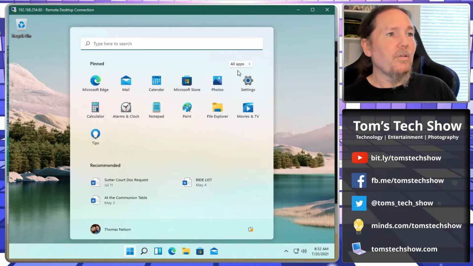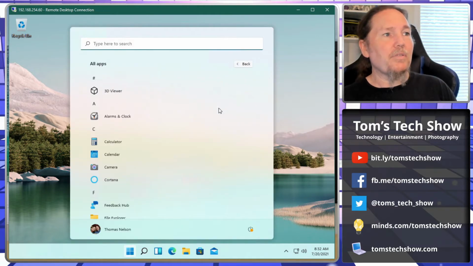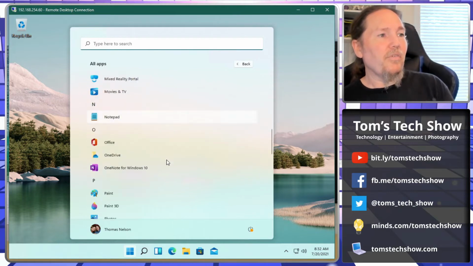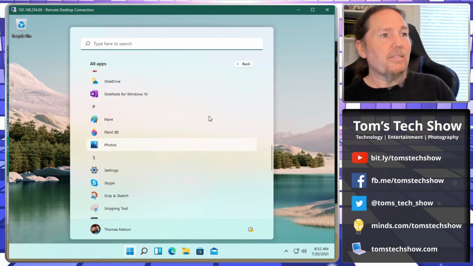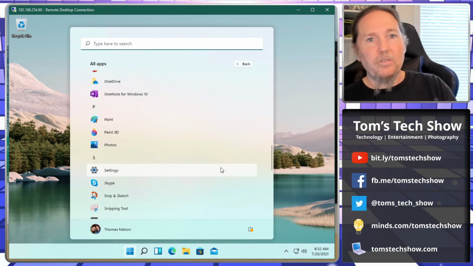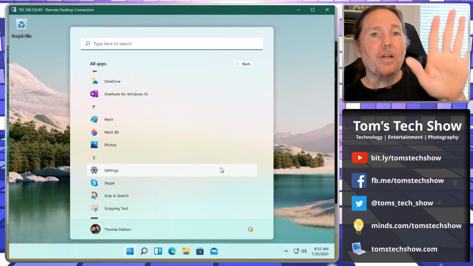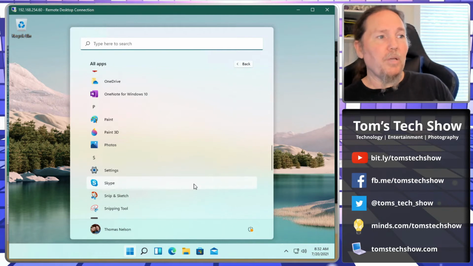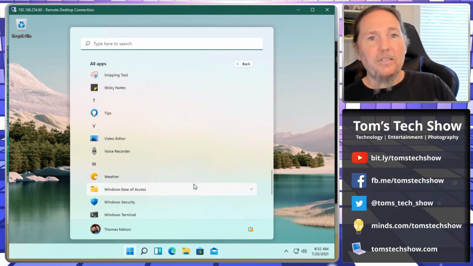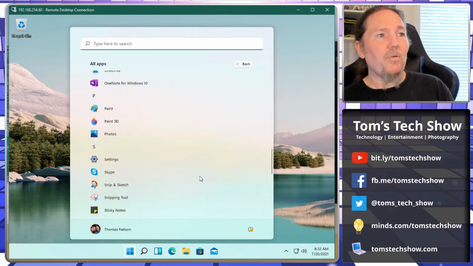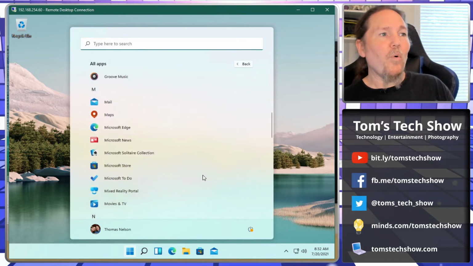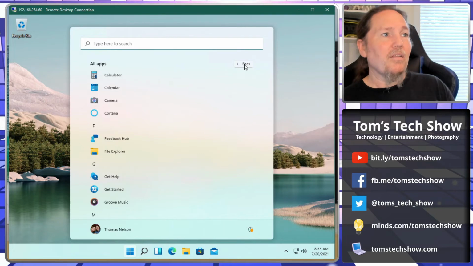So for the start menu, you have to go into all apps, and then it's just this list of apps, just like it was before, except now we've got this huge white space over here on this side, where Windows 10 had the start menu items on the far left, and then the next panel over had the icons on it for you to be able to quickly select items that you wanted. Well, now we just have this big horrible white space. Again, another fail.